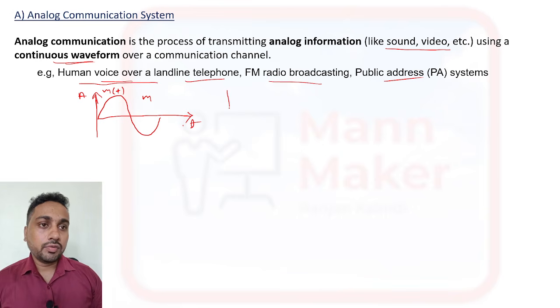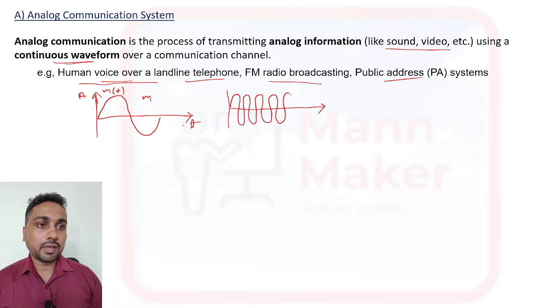we need one medium or carrier, so that we call the carrier signal. We will pass this message signal with a carrier signal. This is amplitude, this we call c(t), the carrier signal. And after that we will do superimposing of both, and